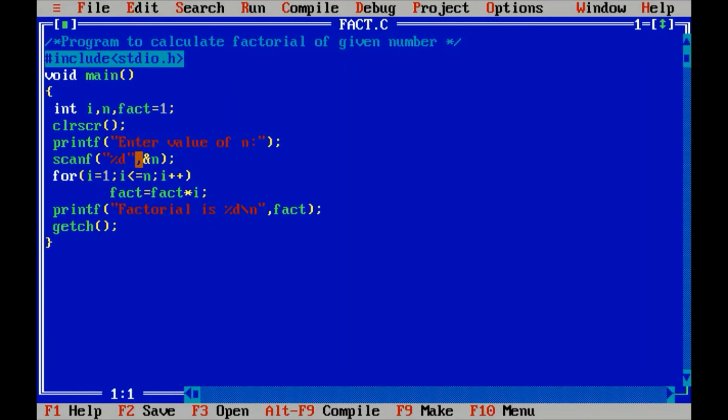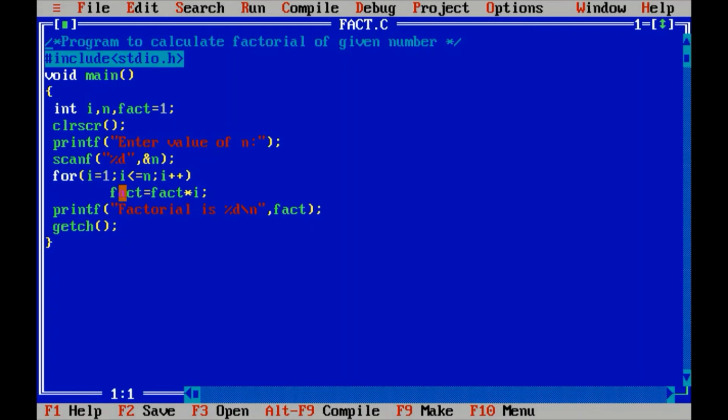So the condition here is i less than or equal to n. In case of 5, it has to calculate 1 into 2 into 3 into 4 into 5. So the end value is n, and every time the i value should be incremented by 1. So we have i plus plus.